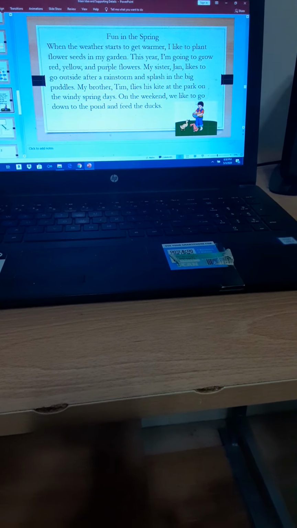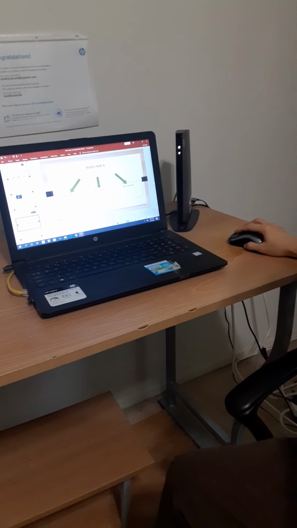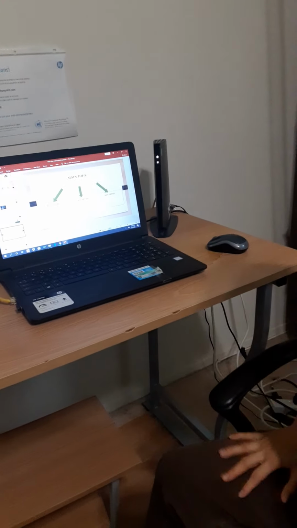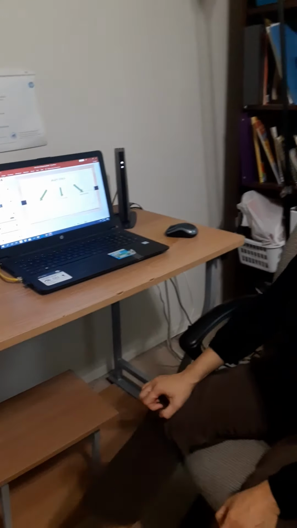And after you have identified the main idea and the 3 supporting details, I want you to transfer them in the graphic organizer. Alright? So I'm going to give you some time to do this before we go to our next class. So I'm going to give you your Chromebook. I want you to work with your Chromebook and work with your partner. Alright? Okay, so what should